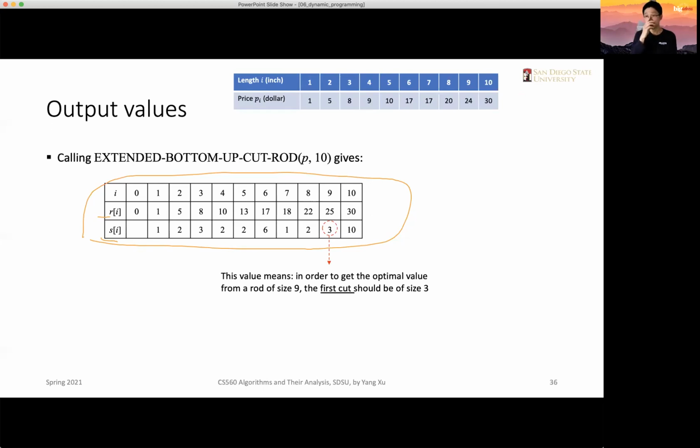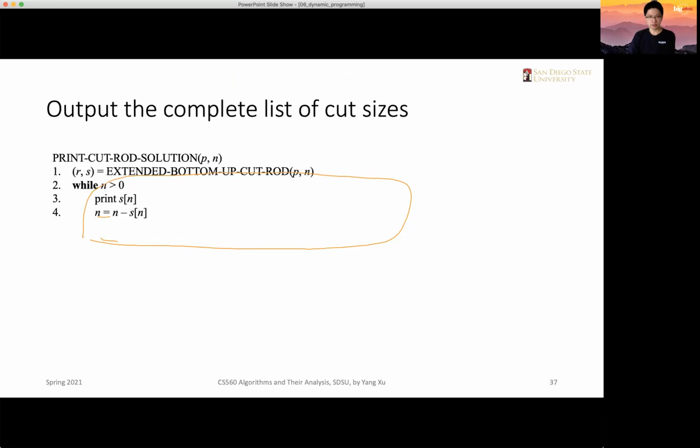That's the meaning of each element in S. The remainder part is of length 9 minus 3 equals 6, so we simply refer to S of 6, and in this case it returns